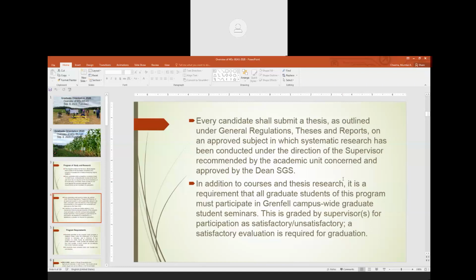One thing is that it is evaluated by the supervisor as satisfactory or unsatisfactory. This is not an evaluation in terms of marking, but we look into it, just to keep in mind that it should be at least at an acceptable, satisfactory level.